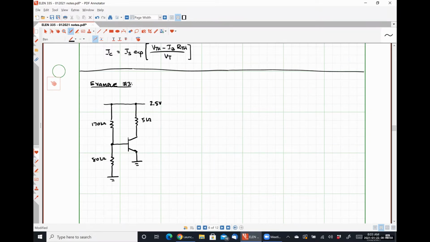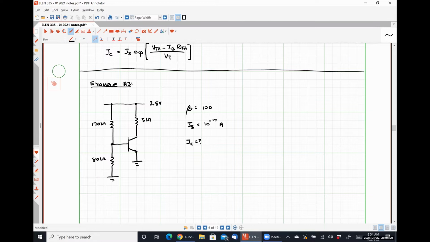So we have increased the resistive divider resistances by a factor of 10 from our previous problem. If we have beta equal to 100 and IS equal to 10 to the minus 17, which I believe are the exact same values as before, we want to determine our collector current,